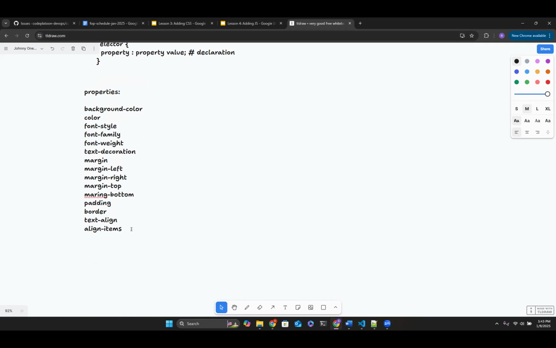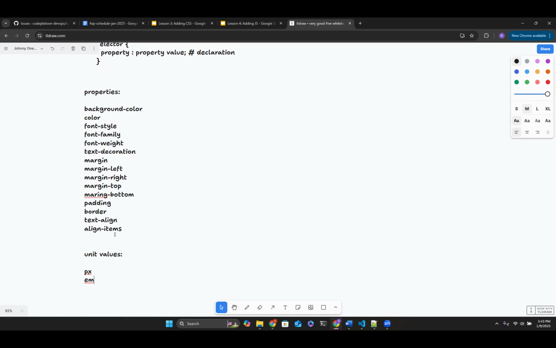Now let's talk about property values, or let's say unit values. This is a very important one, right? When setting a unit, for example, let's go with margin, what kind of values did you guys see? I'll start you off. We saw something like pixel. The EM, I think. Yep, EM.